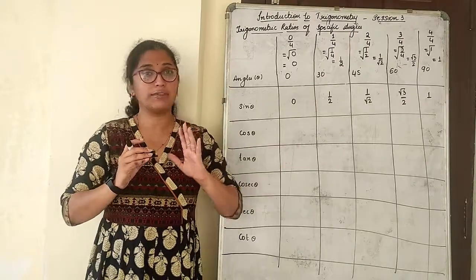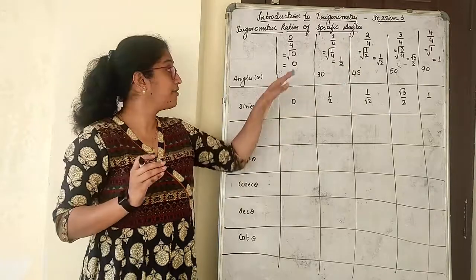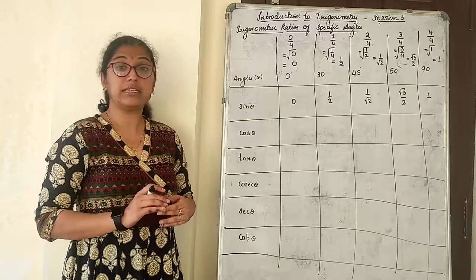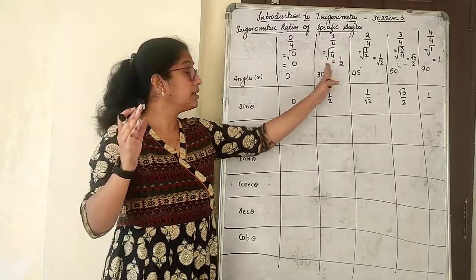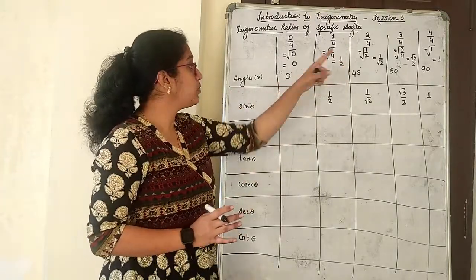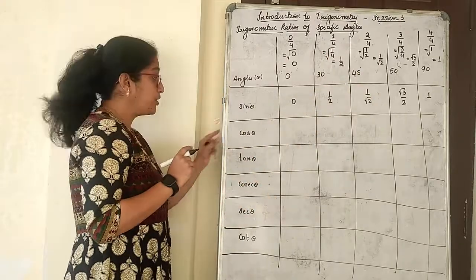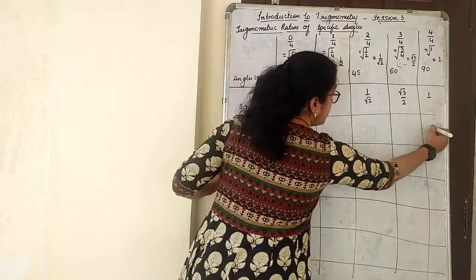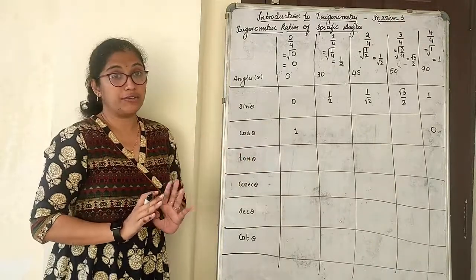45 degree we took a separate triangle. 30 degree, 60 degree we took in one triangle. Of course, 0 and 90 would have also come in one triangle only. So that means I have to compare angles of 0 and 90 as one, 30 and 60 as one, 45 as a separate one. Let's see the 0 and 90. Sin 0 is 0, sin 90 is 1. So cos 0 will be 1, cos 90 will be 0. Opposite is what you have to write. That is how you have to remember this.